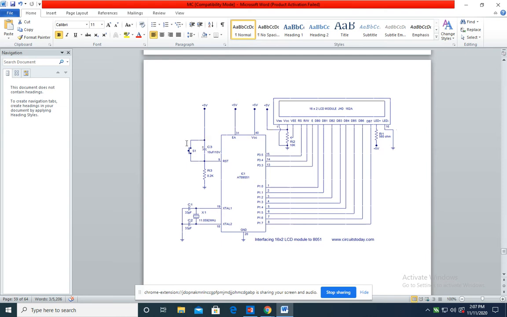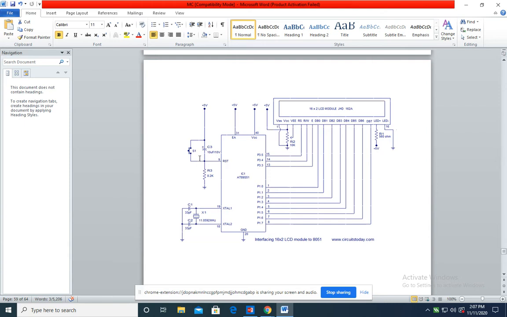The first connection to be done is the reset connection. Here you can see the reset circuit is connected with one capacitor in series with a resistor, and across the capacitor one switch is connected. The default condition for the reset pin is active low.